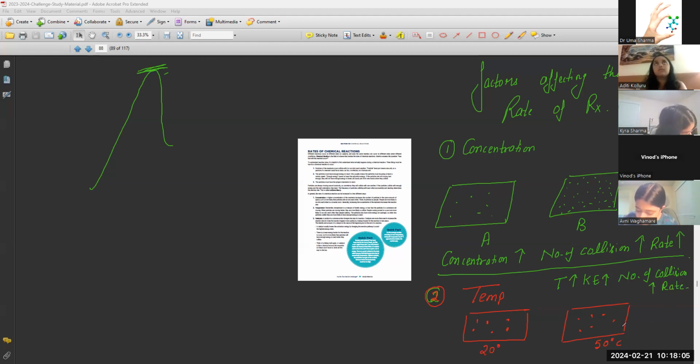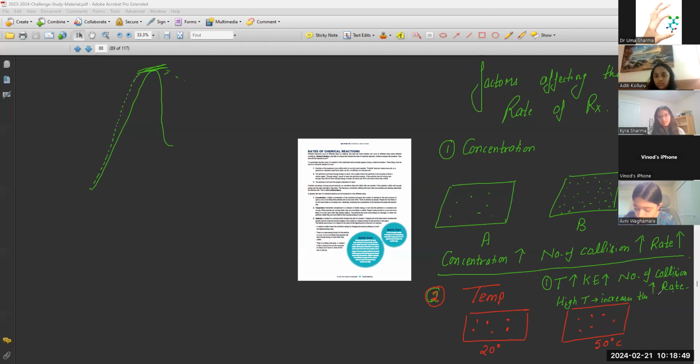One factor she's missing. Anyone? In this, we are missing one factor. What do you think? The collisions will be of higher energy at higher temperature. So higher energies. High temperature will also help you in achieving the activation energy. You're understanding this? So, high temperature increases